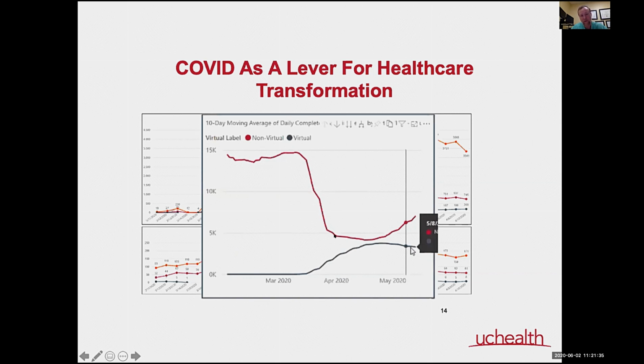You can see the bottom just drops out, and we've lost over 66% of our outpatient volume. And this is our response and our ability to actually deliver care virtually. It's important to point out that if we added these volumes together, we're not going to get back to our pre-COVID volume, and that gap is where we need to be innovative in how we